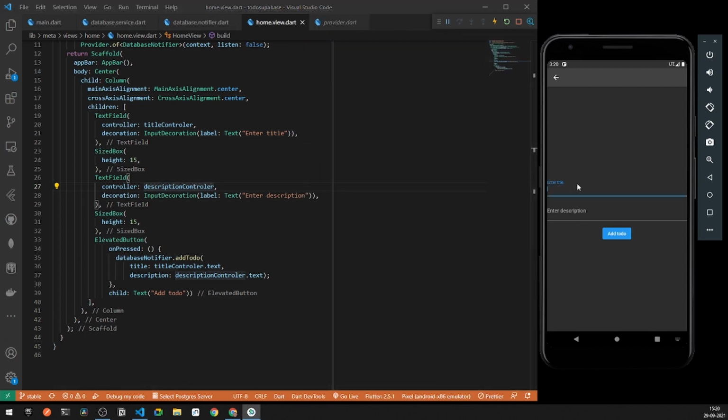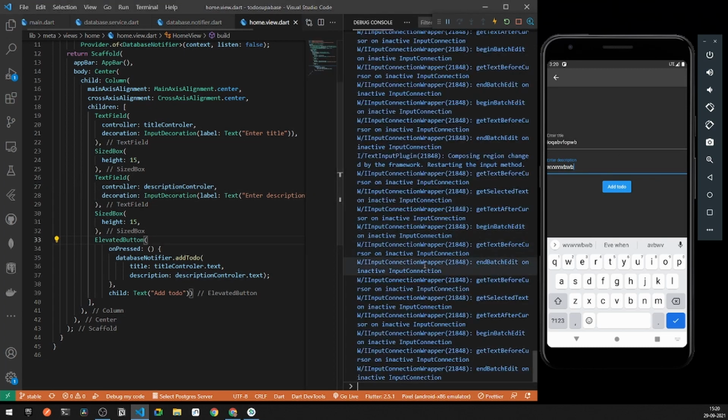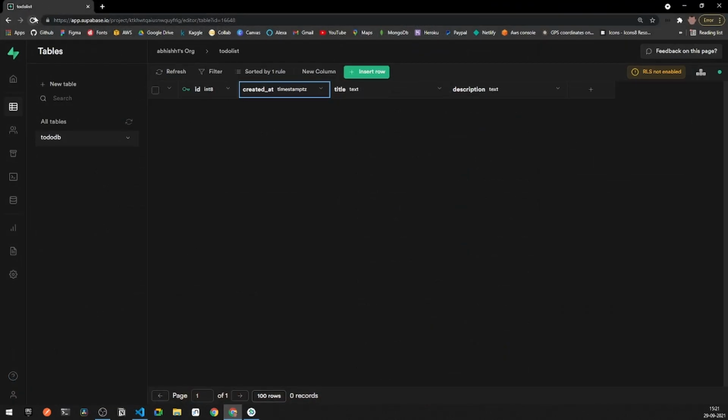Now I can add some todos. So let's say some mock data and also some mock data. Now let's tap over add todo. Alright, so you can see the following response is created with the following date, ID, the timestamp, the title, and the description. Now, if I go back under my interface and load everything, you should be seeing somewhat data. So you can see I got my ID of one, some title, and also description for my todo.